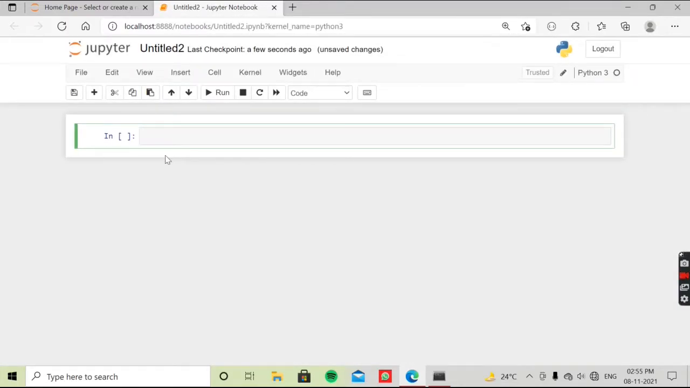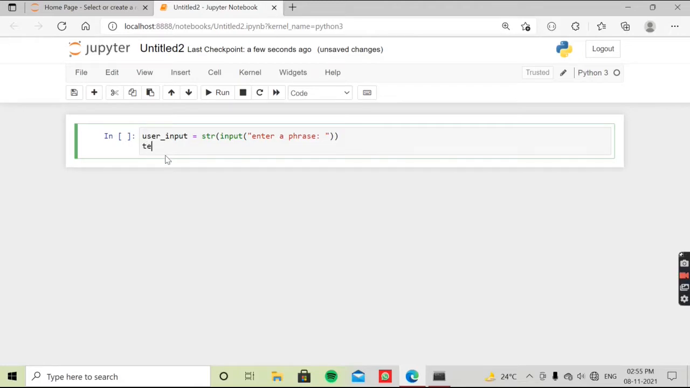And take an input from user. Input is equal to, in a string type, input, write a message to the user, that is: enter a phrase or a full form for which you want the acronym or the short form. Text equals user input